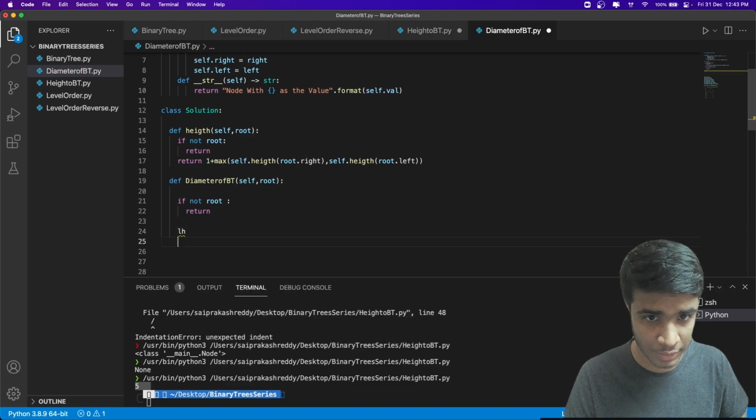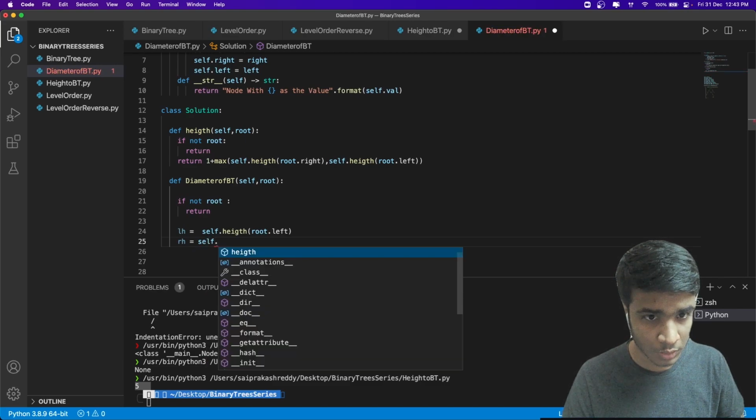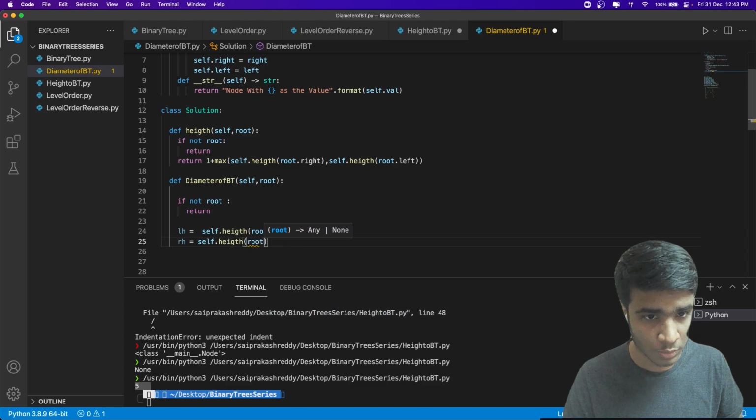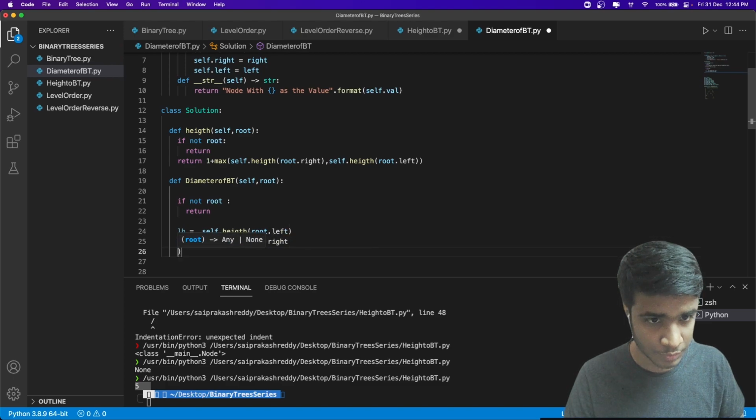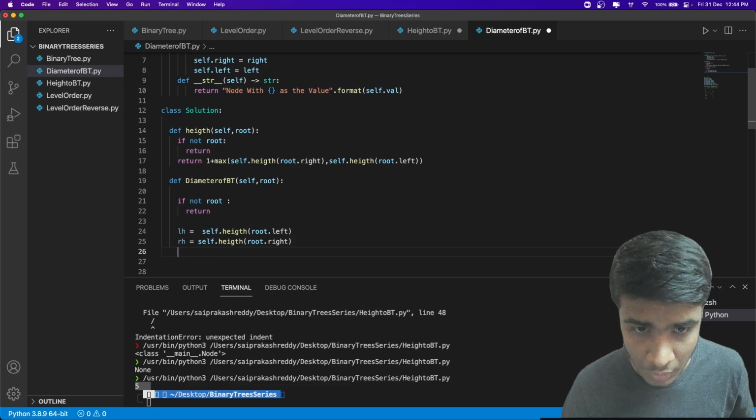So LH and RH are my favorite variables. This is going to be self.height on root.left and self.height on root.right. So we have left and right.